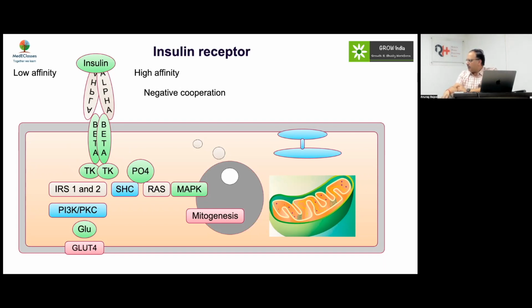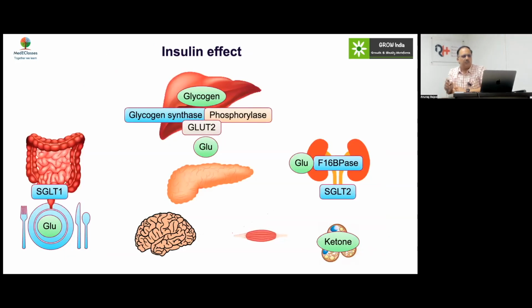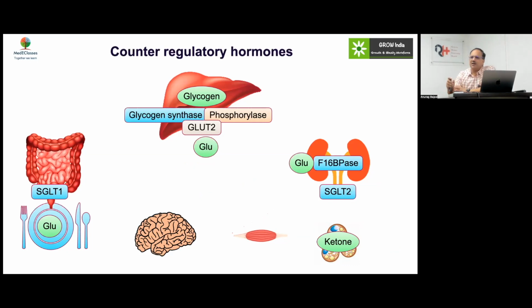Now, importantly here, insulin action is very important in activating GLUT4 in that pathway. Now, what does insulin do? It will, of course, decrease the glucose level. It will increase the production of glycogen. It will decrease the glycogenolytic pathway. It will inhibit the gluconeogenic pathway. It will inhibit the ketogenic pathway. So it's an anabolic hormone in that regard.